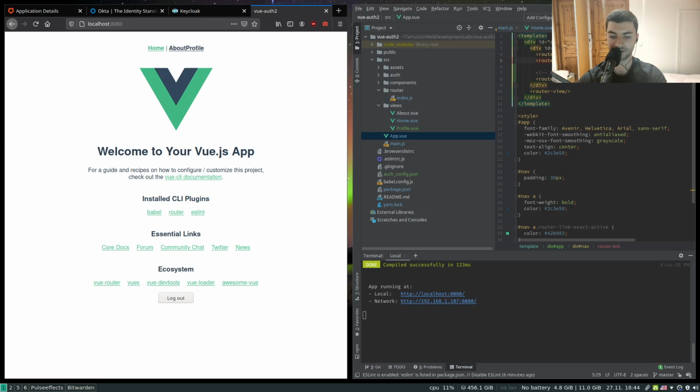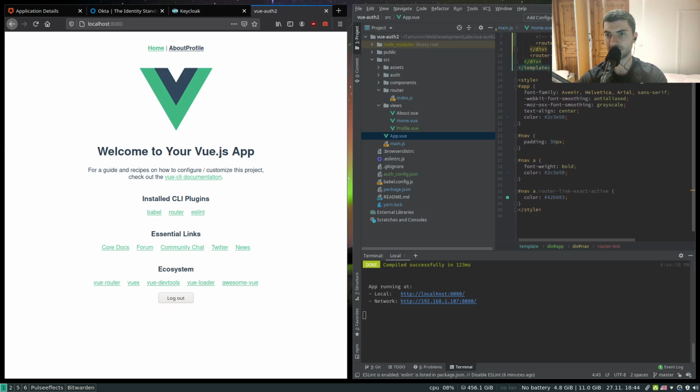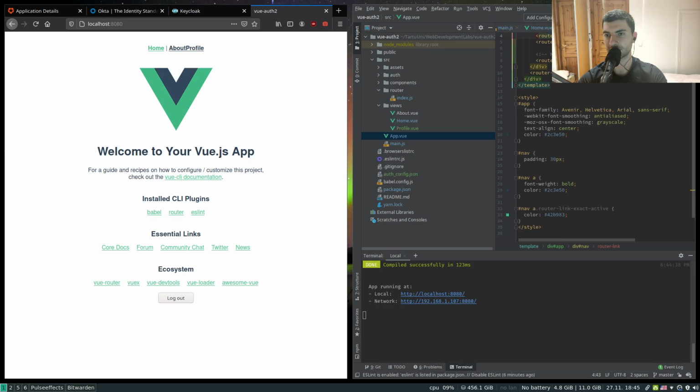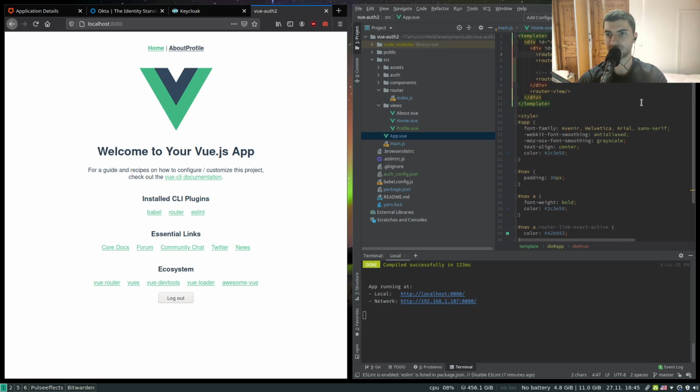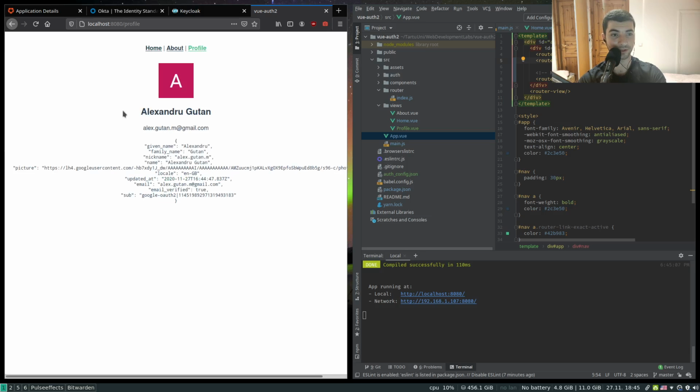Let me add maybe a visual splitter. I'll just copy it from there. Okay, so now we have the profile, and if I click on my profile, I basically see the information that we retrieved in the login process, okay, from Google. So this is my name, family name, nickname, profile picture, email, and this sub,